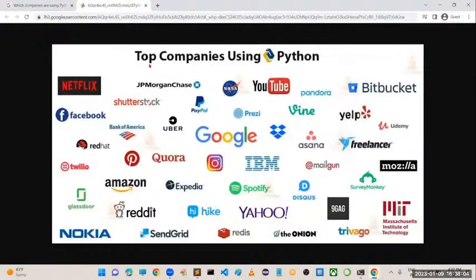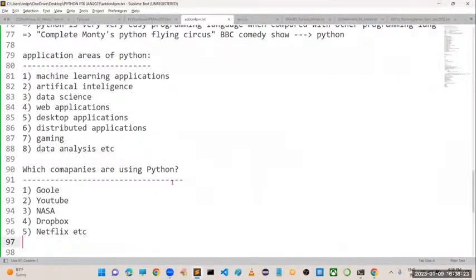Yes, you can see the top companies using Python: Netflix, JP Morgan, NASA, YouTube, Google, Instagram, IBM, Amazon, Hike, Yahoo. We have so many companies, and still they are using Python.